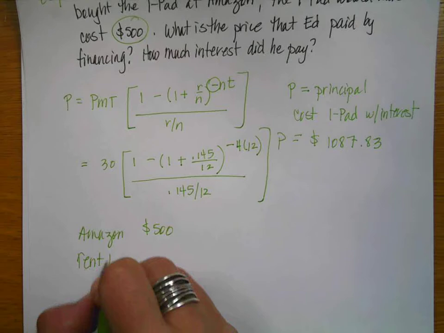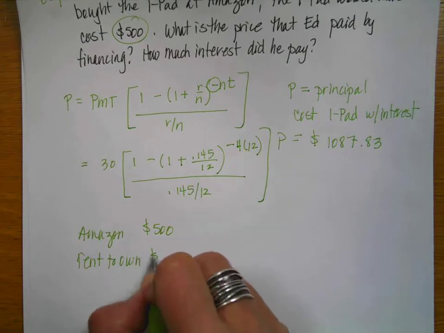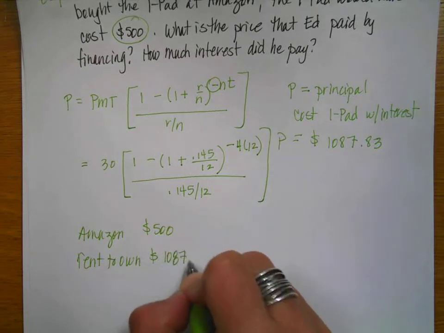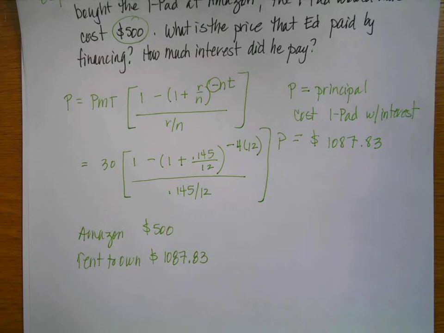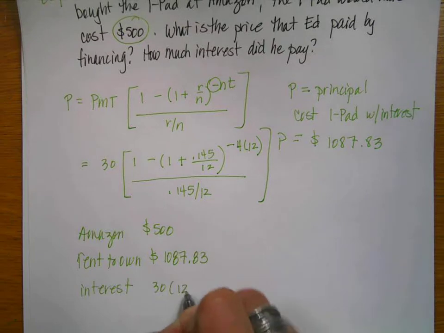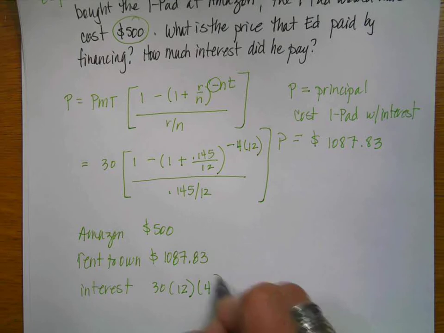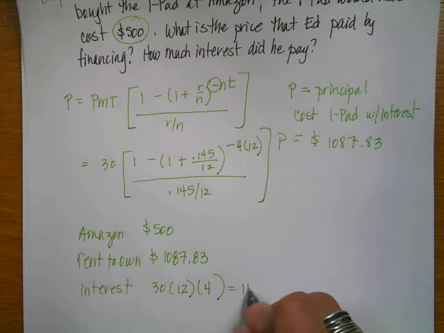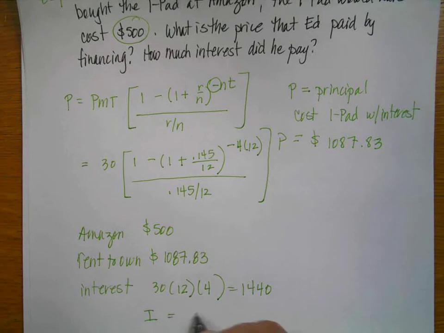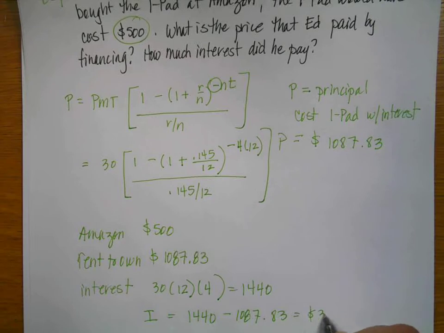The rent-to-own, over the 4 years that you pay $30 a month, that's how much your iPad is going to cost. So the interest is the $30, and you're making 12 payments a year, and you're making for 4 years. So that's $1,440, okay? And then your interest is the $1,440 minus what you paid, $1,087.83, and that means that